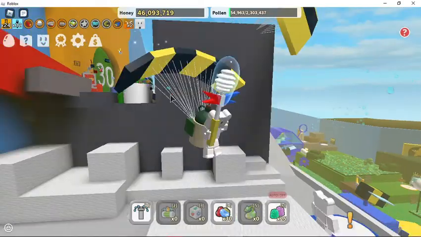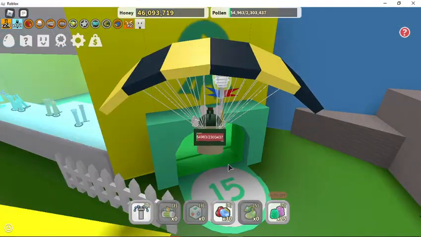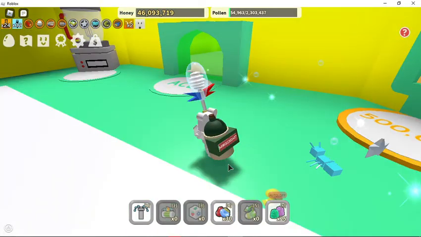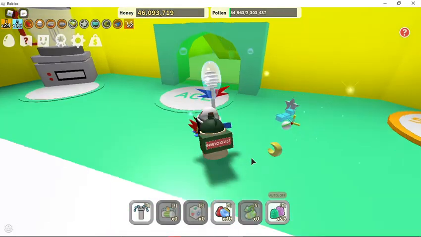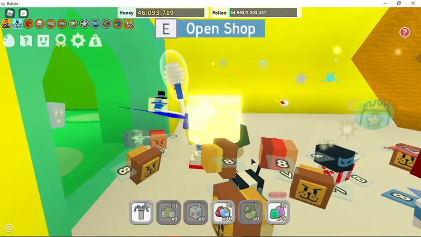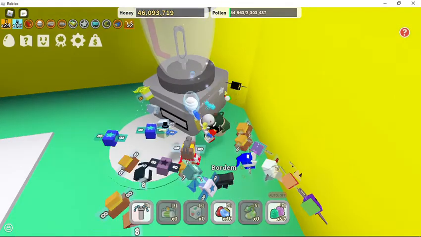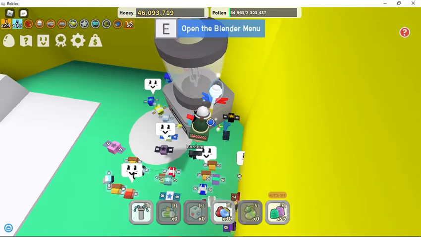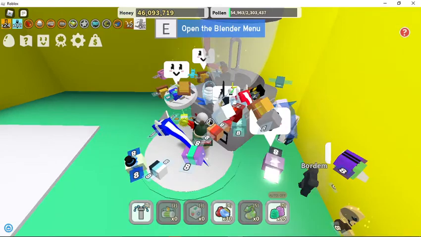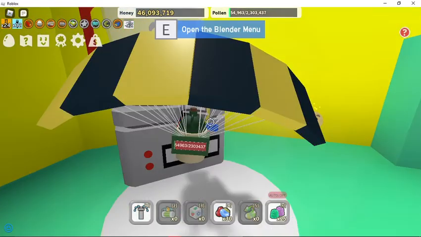But once you get there, it's pretty easy to grind up honey and come in here. You actually need to complete 15 quests to get in here, and also 1 ace badge. Make sure to grab the star jelly, and there's also a star jelly on top of the blender. So you can just jump up here, or if you have a paraglider or parachute, you can